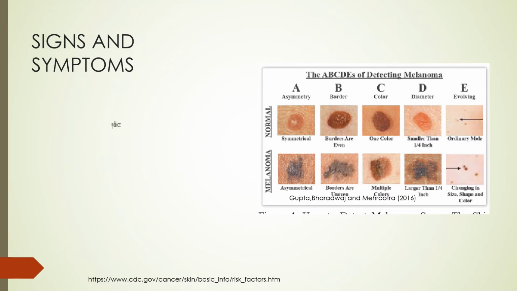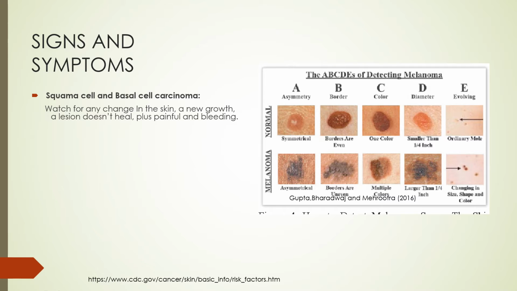So, what are the signs and symptoms? For squamous cell and basal cell, basically just watch for any changes in the skin, a new growth, or a lesion that never heals, or is painful and causes a lot of bleeding. For melanoma,